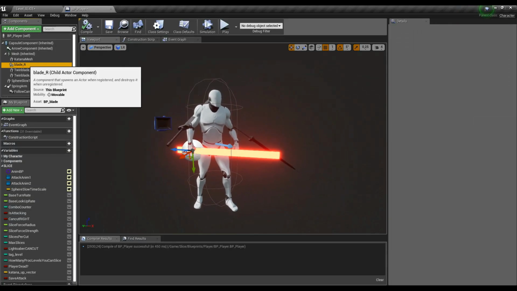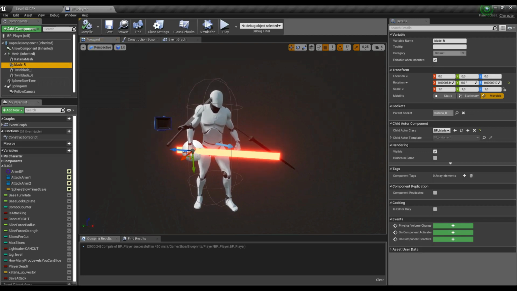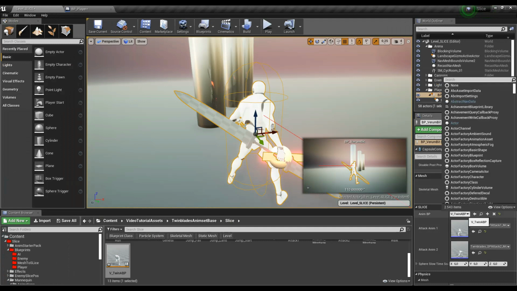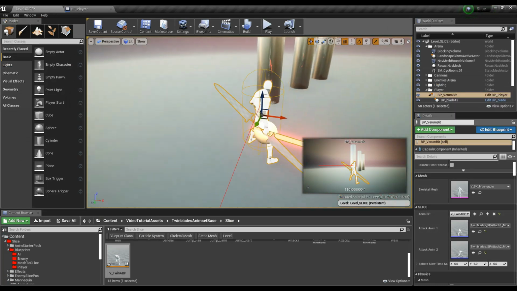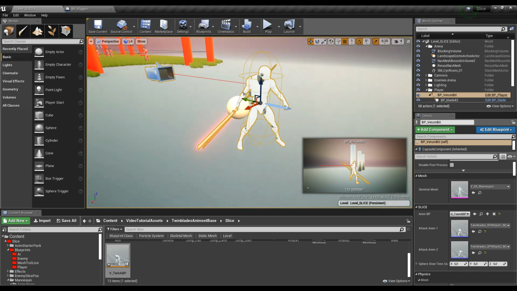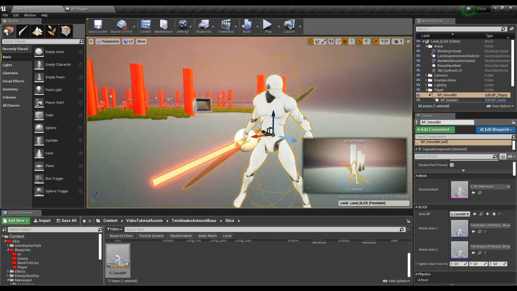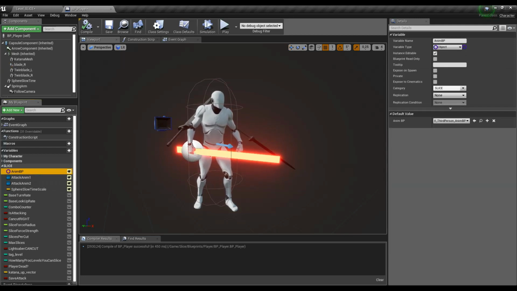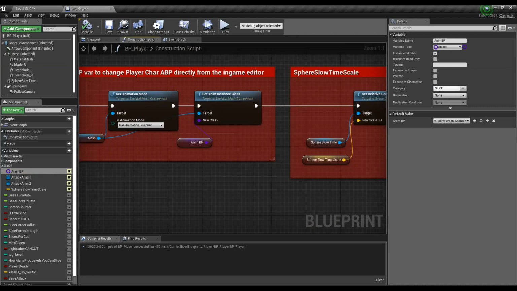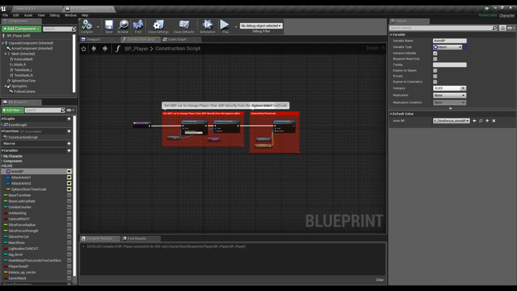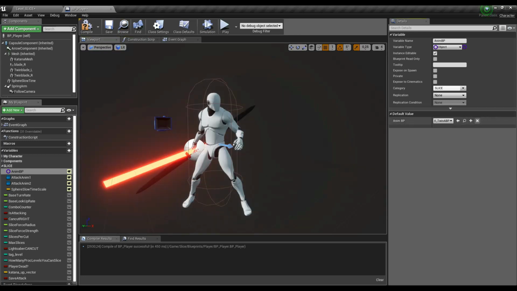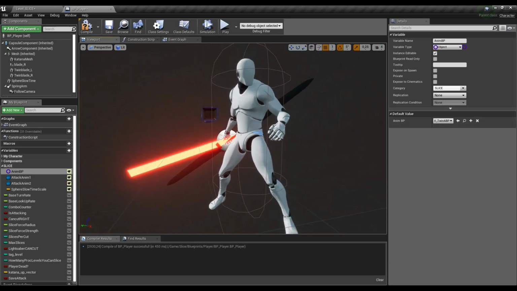Now you see this red one is the real blade, and first of all let's change the animation blueprint inside the editor too, because we changed it in the level game editor, but not inside the blueprint because it was not necessary. But when you need to align the blades, it is necessary. So how to do this? You have to change it on this animation blueprint variable because it's inside the construction script. The construction script rules everything inside the blueprint. So let's put in the twin blade, and you see now you have the twin blade and not the original katana